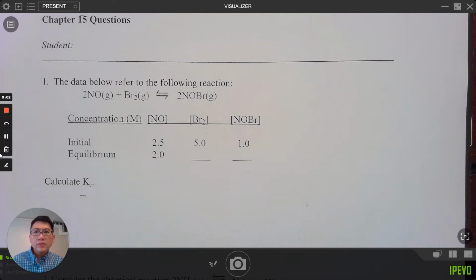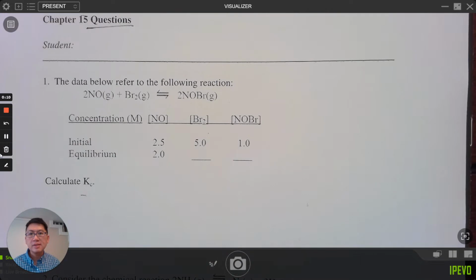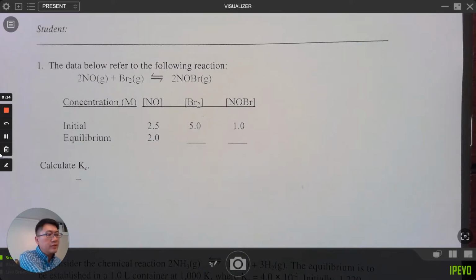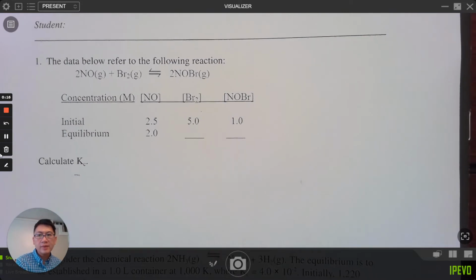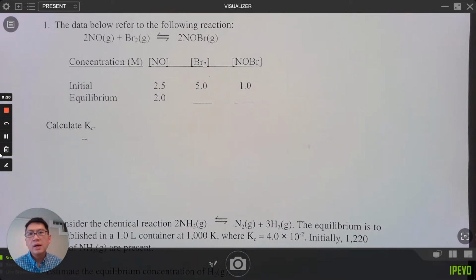Okay, I want to go over the Chapter 15 practice test. I know it says Chapter 15 questions written on the document, but it's the practice test. So let's go over these problems, starting with the very first one, which says use the data below